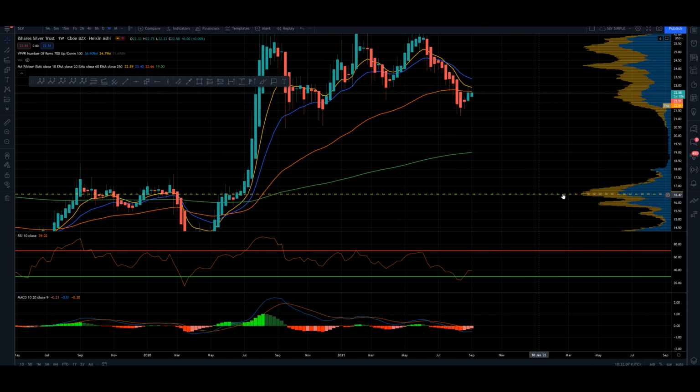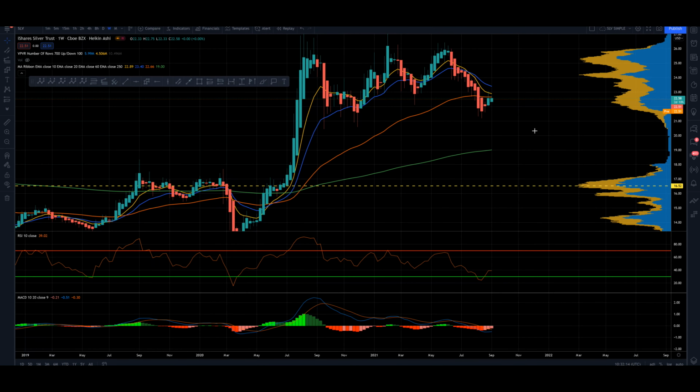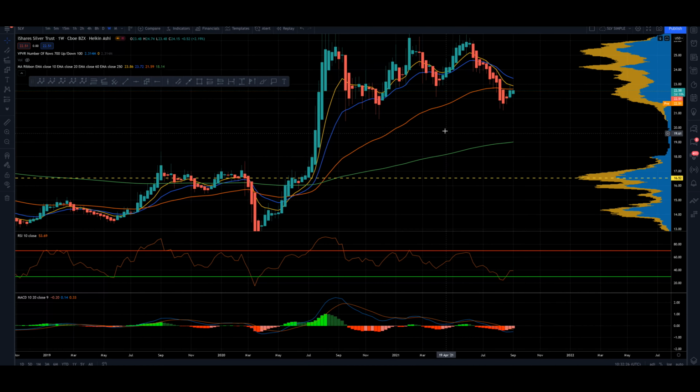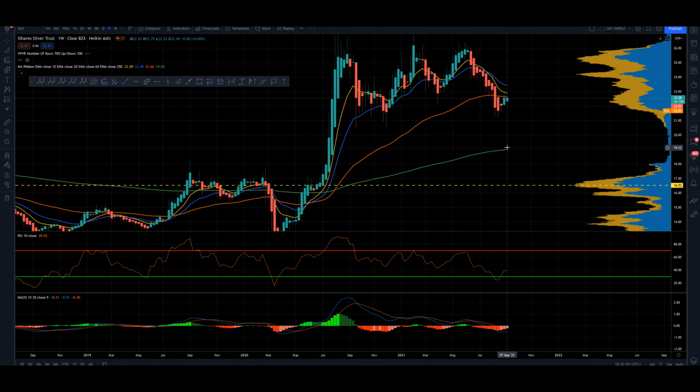Like I said, you can see with the volume profile, we do have that big gulf here with our point of control all the way down here, with the 250 somewhere in the middle of it. So although we don't have the fib support in this gulf of volume here to catch us, the 250 exponential moving average is here, so you could get a bounce from a Fibonacci perspective in the middle of nowhere. It could happen because we could be hitting a major moving average. But without the confluence of other support levels, you can't necessarily expect it to hold.